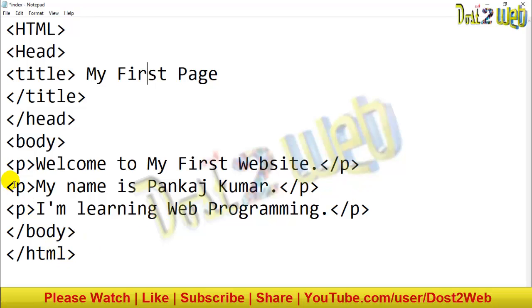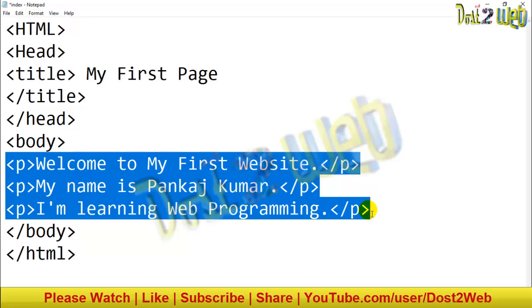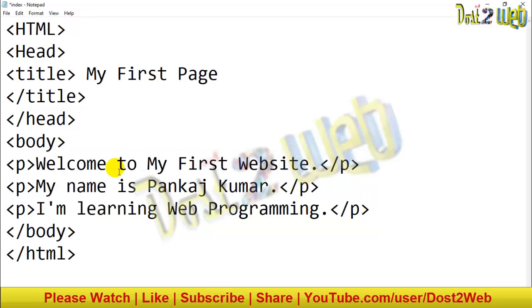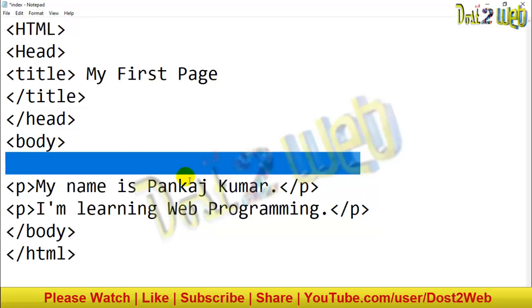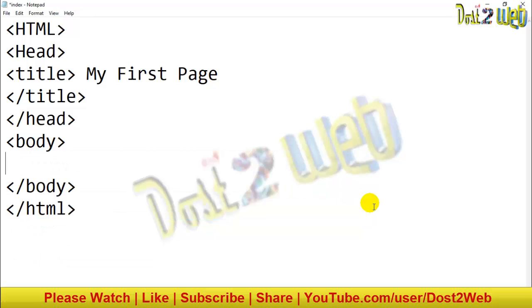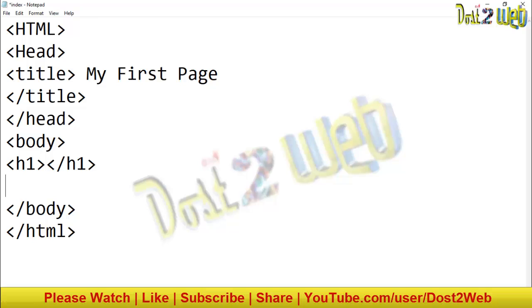Yesterday we used the paragraph tag, right? It will also come into the next part, the paragraph tag. So what you are going to do, as I said, is use the heading tag here. So what is the heading tag? Let's use H1 to H6. So what I'll do, I'll just delete everything. Follow with me, everyone. Write H1, and close this H1 also. Just follow with me. Write H1 and close this.